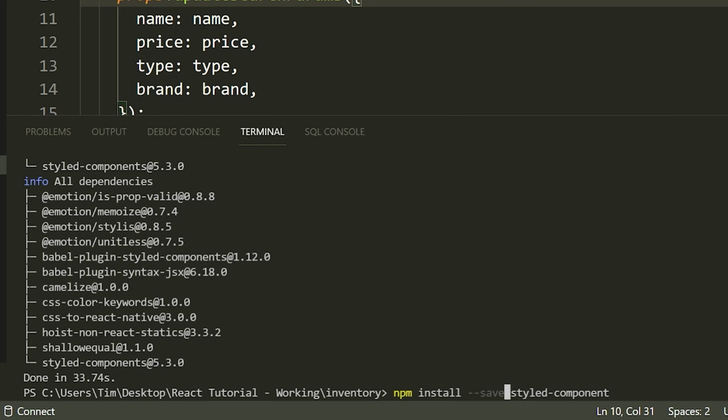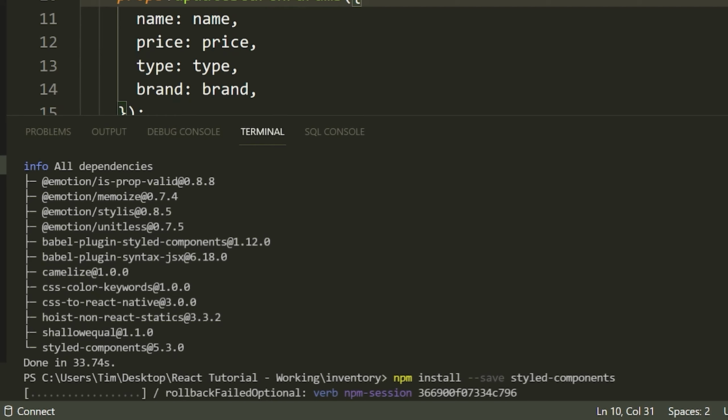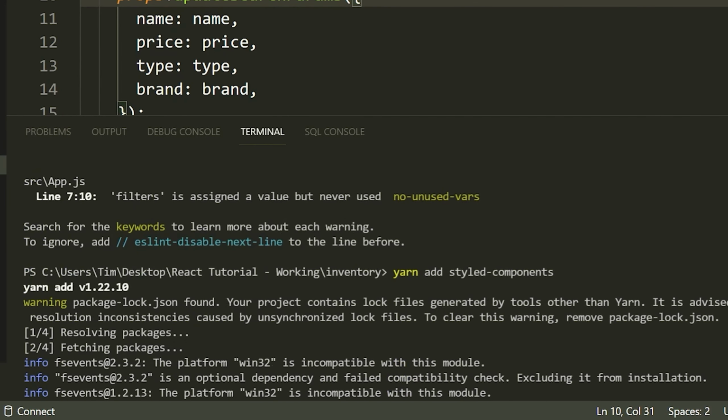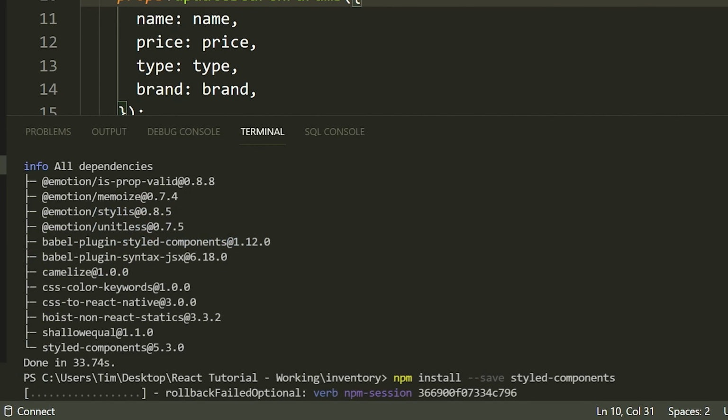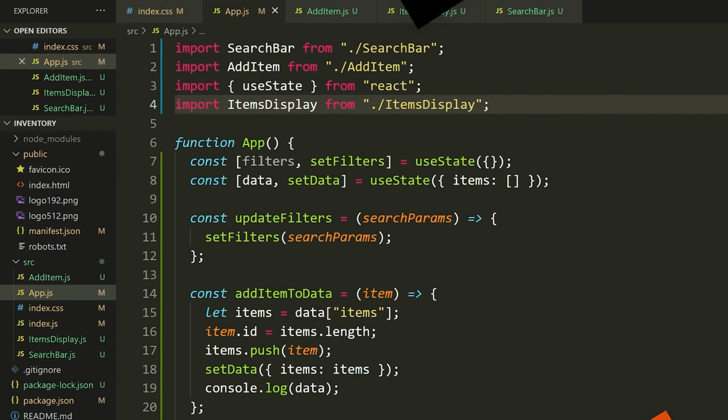But of course, if your yarn command is not working, I'm not going to go through the whole process to debug how to get that to work. You can just quickly fix it by saying npm install --save and then styled-component. Although I think it's component actually. I forget if I installed styled component earlier or no, styled components. Yeah, so it is styled components. All right, so once this is done, I'll be right back and I'll show you how we can use this library. All right, so all of that is done.